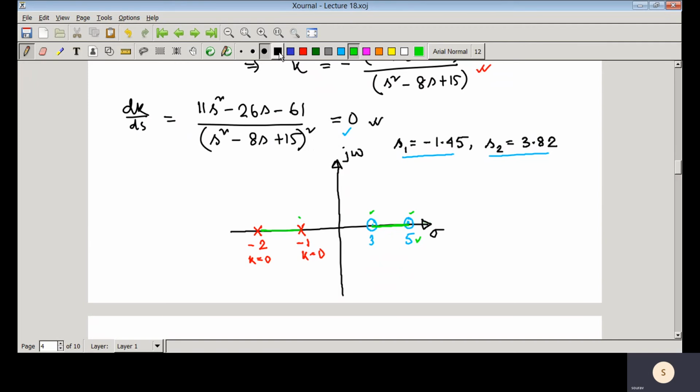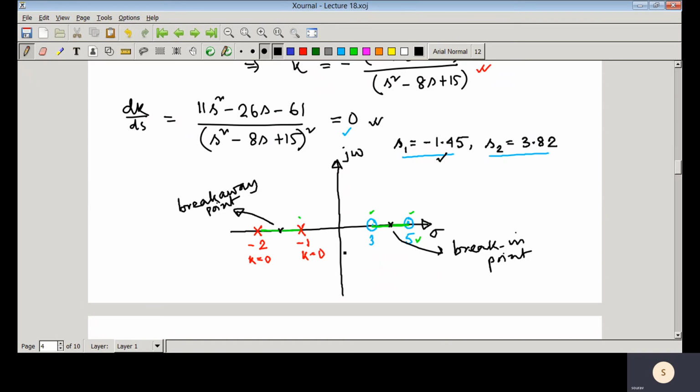Then we have seen that there is a point at -1.45, which is inside this particular segment, and the other one is s2, which is inside this particular segment. This particular point is called the breakaway point, and this point is known as the break-in point, because